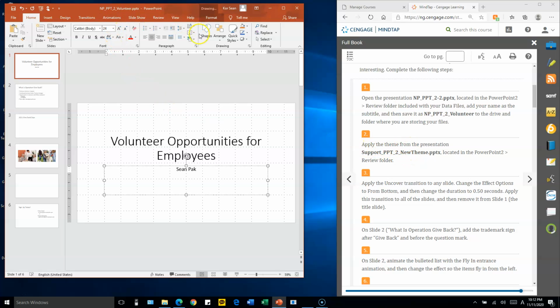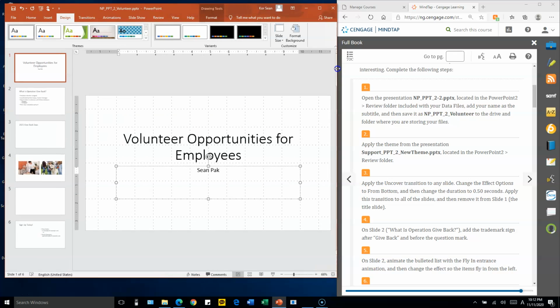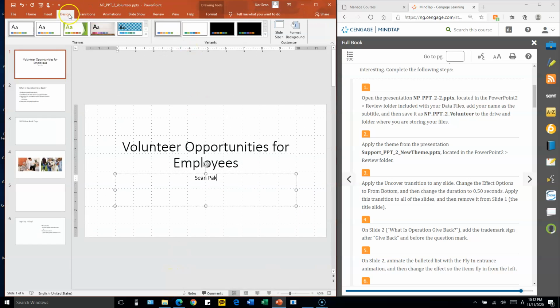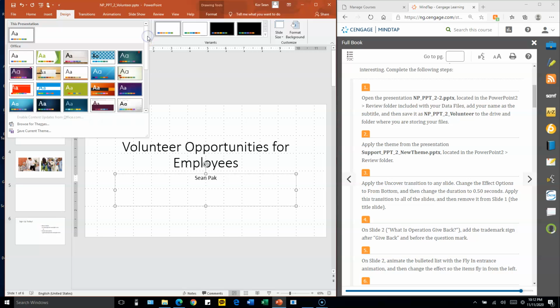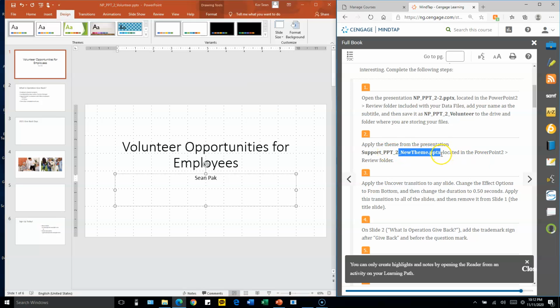We want to change the theme, so go to the Design tab. Here is the theme. Let me make it a little bit larger. From the Design tab, the name of the theme is, I'm sorry, not this one. We're going to open a PowerPoint file and then use the theme from this file. So in the Design tab,